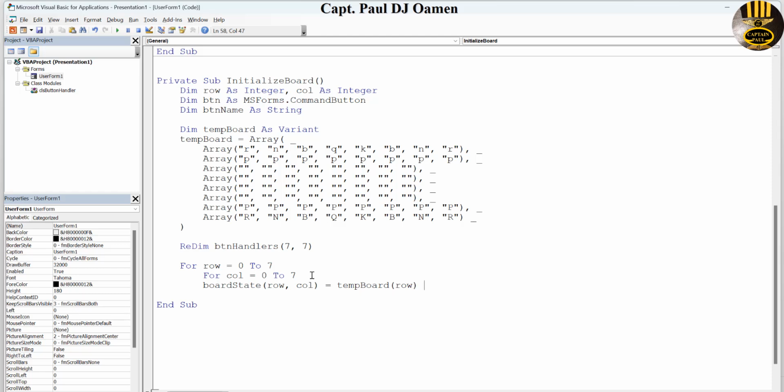Row and column. Now let's create our buttons. So we say btn name, that is going to be equals btn underscore, we say and rows, and row and column. And